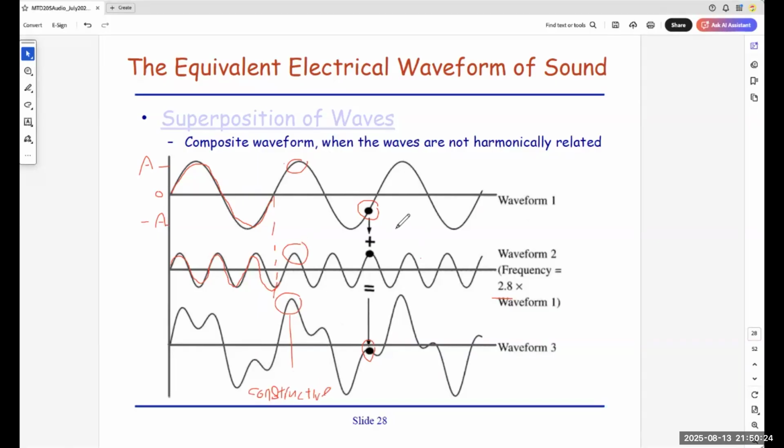Because it's plus plus. Down here is different because one is negative, one is positive, and now it is what I call destructive, because it tries to cancel out each other to become 0. Okay, the words are constructive and destructive. If two combine together in the same direction, it's called constructive. If two signals add together, coming from different directions, it's called destructive.